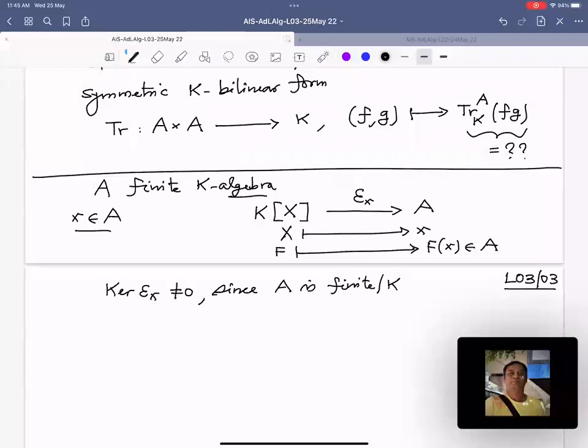So that means the kernel has to be non-zero. And this kernel is what? Because this is a K-algebra homomorphism, the kernel is precisely an ideal